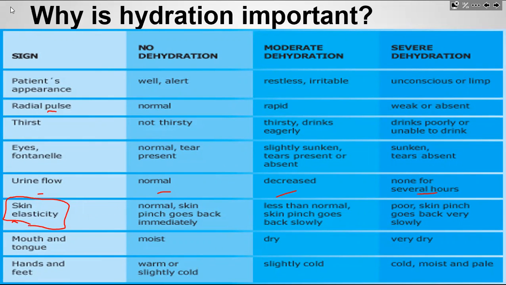If we use the Play-Doh example, regular Play-Doh or clay is very malleable. There's fluids in it, right? Well, what happens when that dries out? What happens if you heat up a ceramic pot or a clay pot? It gets hard. That's exactly what's happening in your skin there, obviously to a much lesser extent. This is one of the easiest ways to tell if you are dehydrated or not, that skin elasticity test, because anyone can do it.